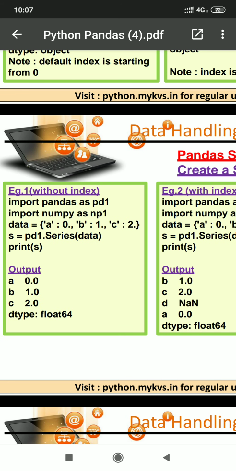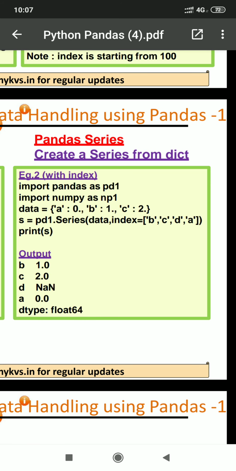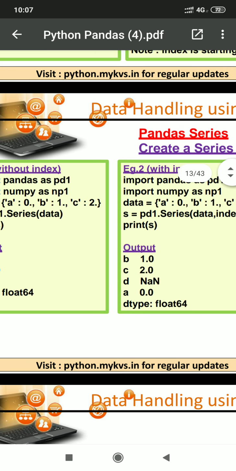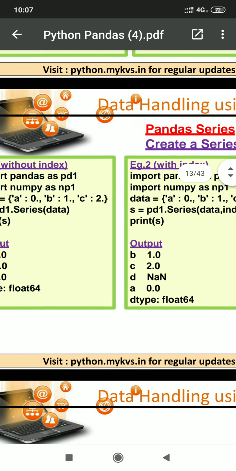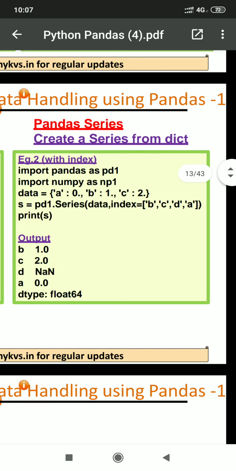In the earlier program, keys were changed into the index, whereas in this program, indexing is changed. So students, you can create a series with dictionary elements with indexing and without index specification. Here we are with the program without index, and here with the program with index position.